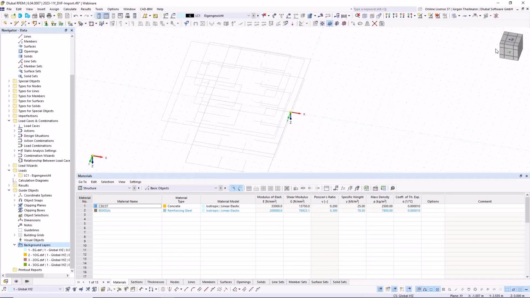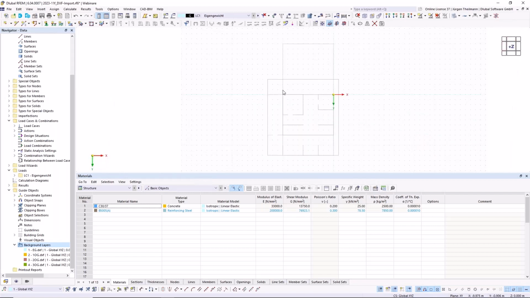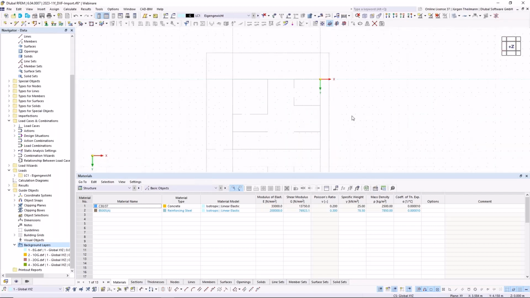And if I look at the model from the top, using my view cube to do this, you see my background layers are now aligned in the correct way and all on top of each other, especially in my reference point.